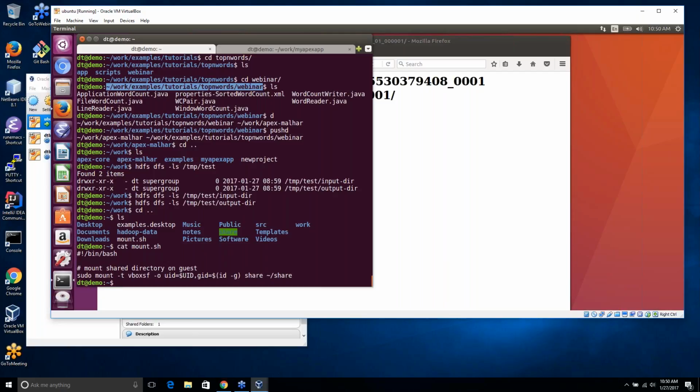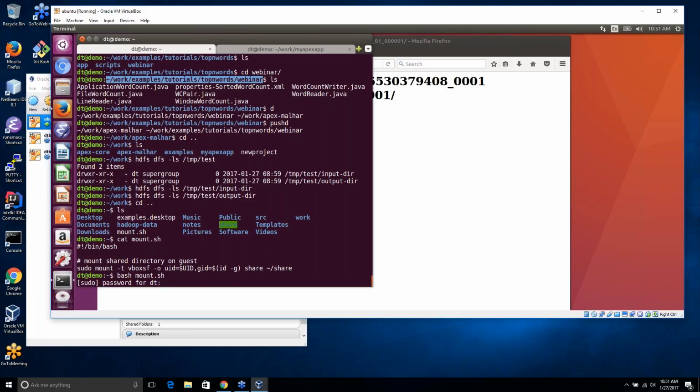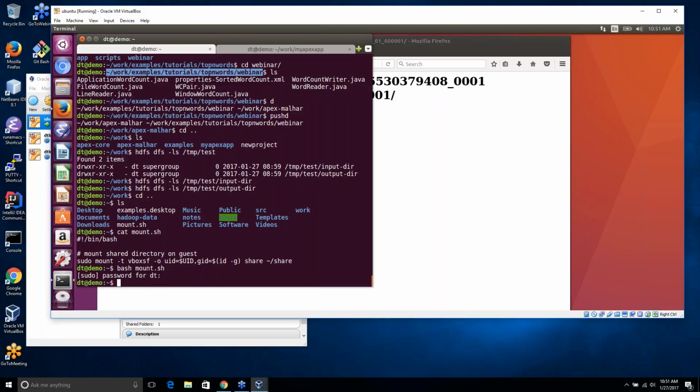This is a VirtualBox thing. So if I just do bash mount.sh, it should do the mount, and then if I do